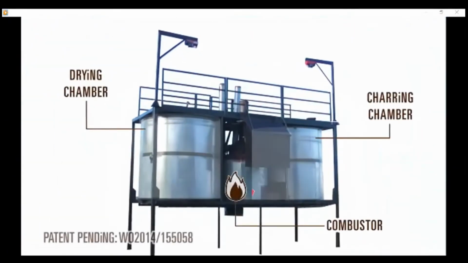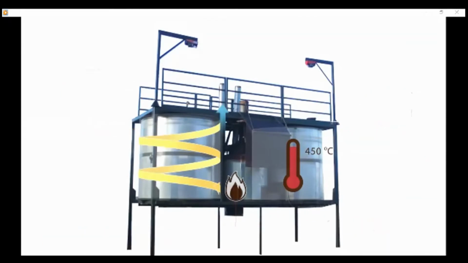The heat is channeled from the combustor into the charring chamber on one side, and a process called pyrolysis begins. When charring occurs, the biomass is baked in a low oxygen environment rather than burnt. The lack of oxygen means the biomass does not combust. Instead, it enters a state of pyrolysis, locking its carbon content in and exuding flammable gases such as hydrogen and methane that can be burned for heat. This syngas is fed into the combustor as the replacement energy source, and the wood pellet fuel is reduced. Once the charring chamber reaches optimum temperature, excess heat is channeled into the drying chamber to dry the next batch of feedstock, and steam is released.